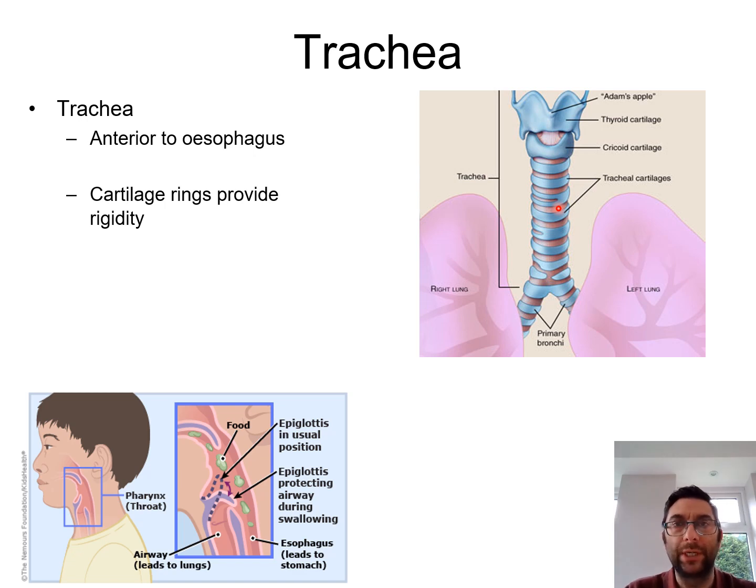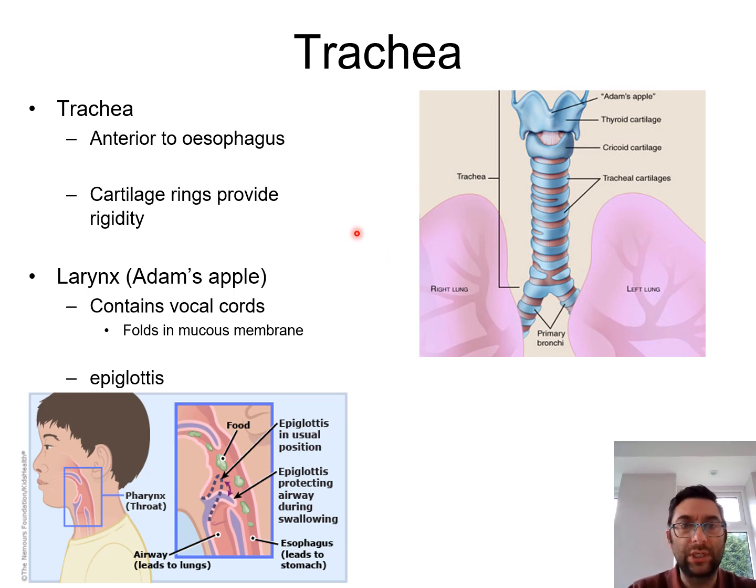C-shaped cartilage rings. Okay, and the purpose of these cartilage rings is to provide support to the trachea, because if we didn't have them, when we inhale, because it's a relatively thin membrane, it would just collapse in on itself. So these cartilage rings sit kind of like that along the length of the trachea, and they provide rigidity to that structure. In addition,